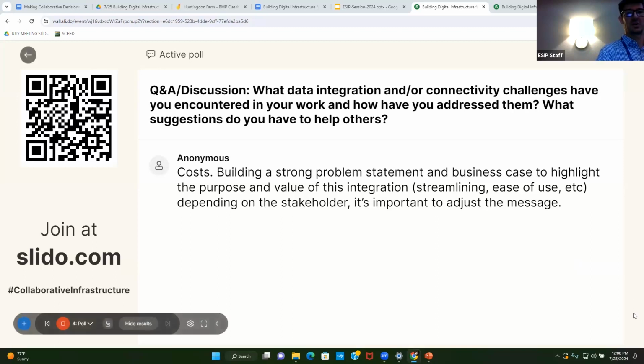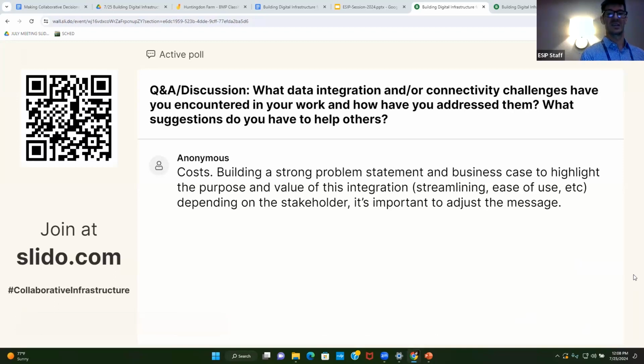Okay, I'm going to go to the chat. This is a really great point: building strong problem statements and business cases to highlight the purpose and value of integrations, depending on the stakeholder, and it's important to adjust the message. I think this is a fantastic point. A lot of these components can be very in the weeds and discrete, supporting discrete workflows.